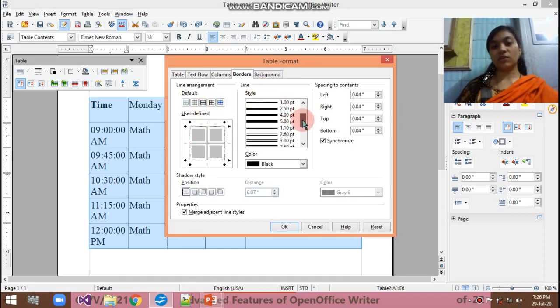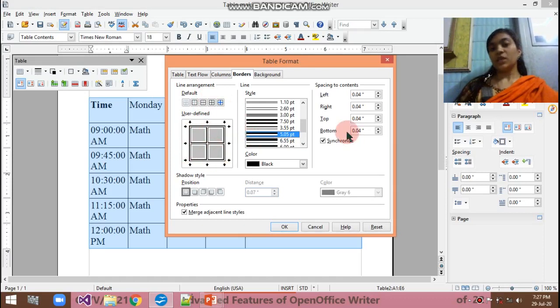स्टाइल मीन्स आपको उसकी विड्थ कैसी चाहिए, डबल लाइन चाहिए, सिंगल लाइन चाहिए, किस तरह का आपको टेबल चाहिए, वो यहाँ से आप सिलेक्ट कर सकते हो. For example, I am selecting this one and using the line style like this. So you can also see the preview here. Then what does spacing to contents mean? Means आपको लेफ्ट साइड में कितनी स्पेस चाहिए, राइट साइड में कितनी स्पेस चाहिए. Whenever you make changes here, you can also see the changes for the rest of the things. I'm not changing the other settings here, they will be kept at default.